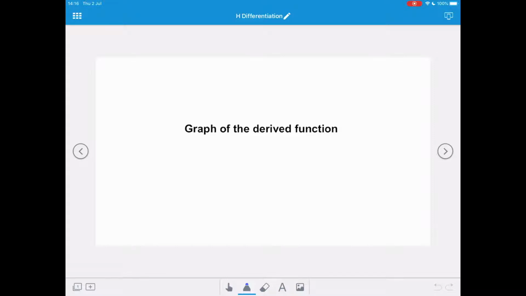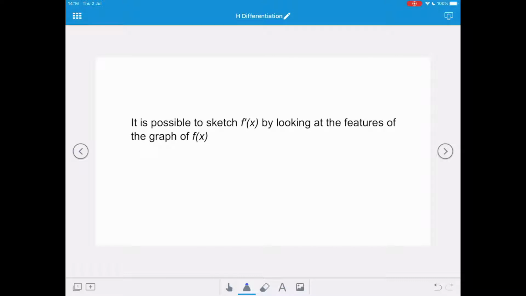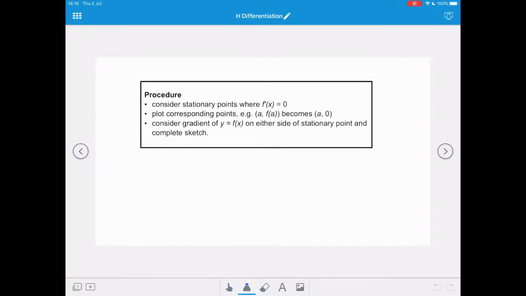So this video ties in differentiation with our functions topic when we're going to graph the derived function. And we do this because it's possible to sketch the derivative of our function of x by looking at the features of the graph of our function of x. So the procedure is to consider the stationary points where we know that the gradient equals 0 and plot the